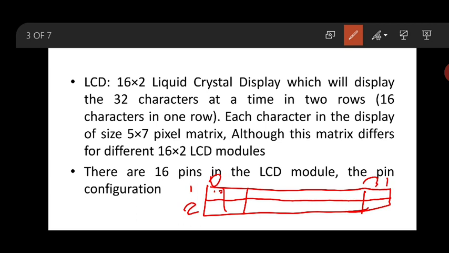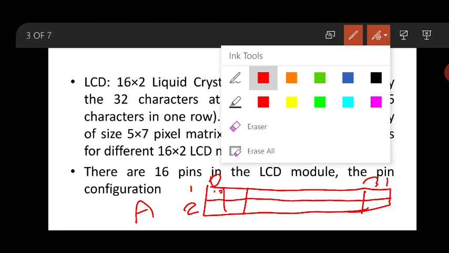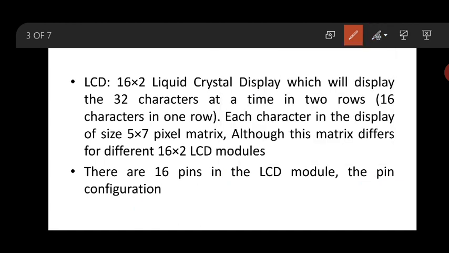If I take the capital letter A, to display it will take 5 rows and 7 columns. For more clarity it will differ between modules. I hope this is clear, this is how the unit of an LCD displays characters.